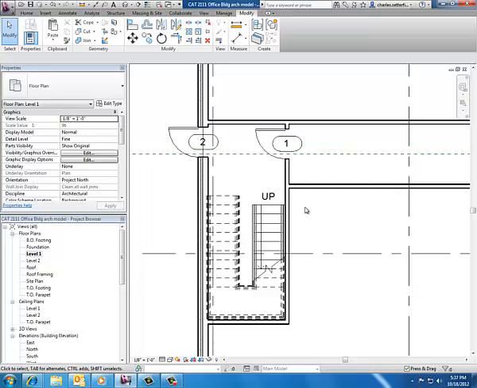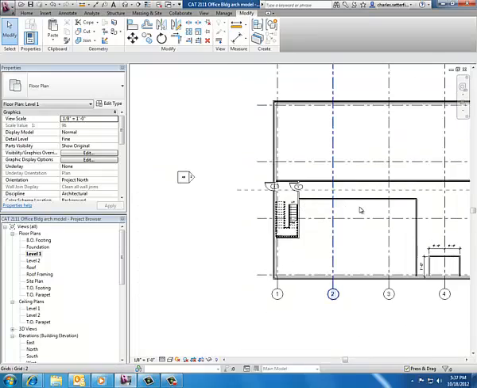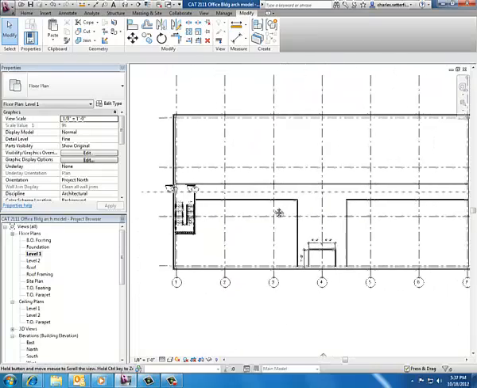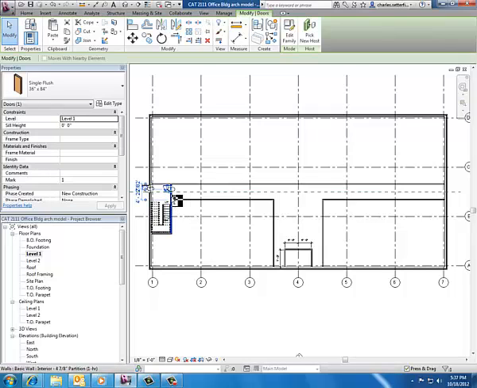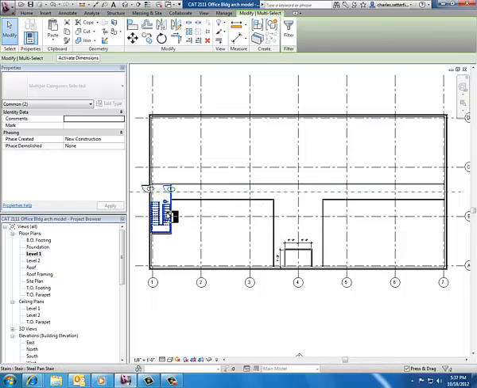So now what I'm going to do is use my mirror command to put one of these down at the other end of the hallway. So I'm going to zoom out so I can see what happens here. So I've got my project in front of me, so I click the stuff that I want to mirror. So that door, plus that wall, plus that stair, plus that door, plus that wall. I think that's what I need. So I click the mirror